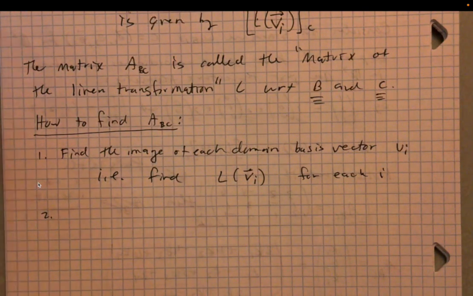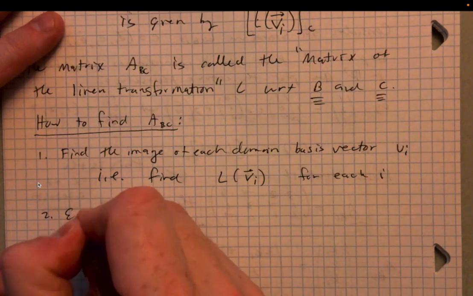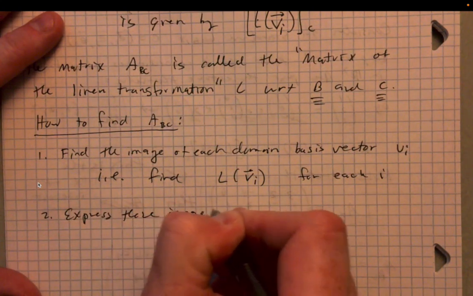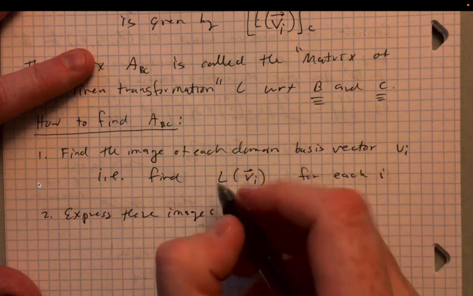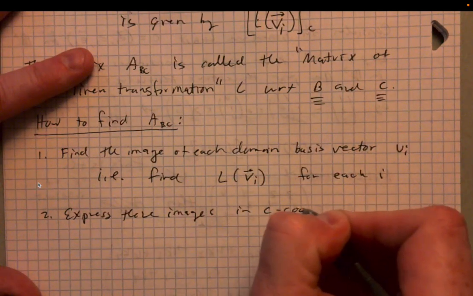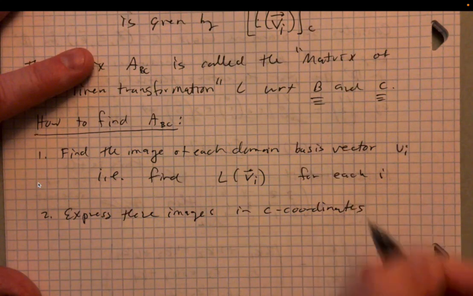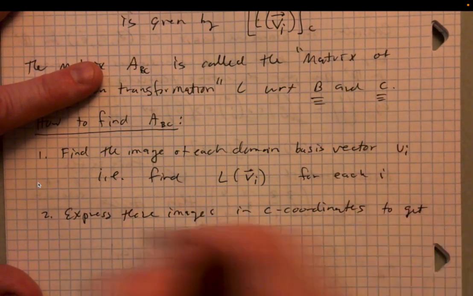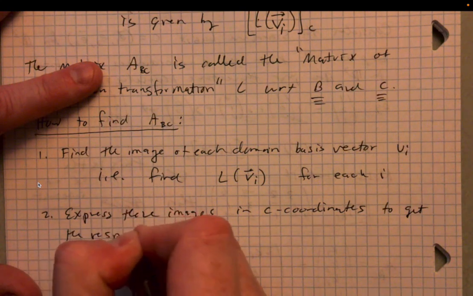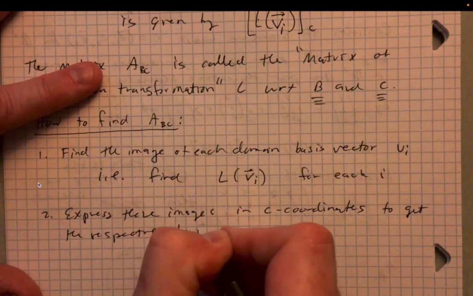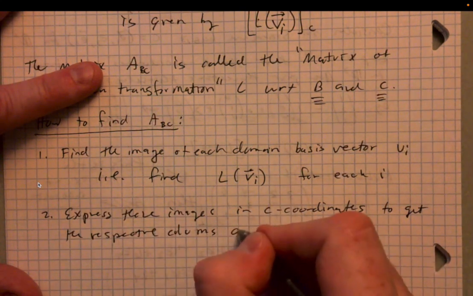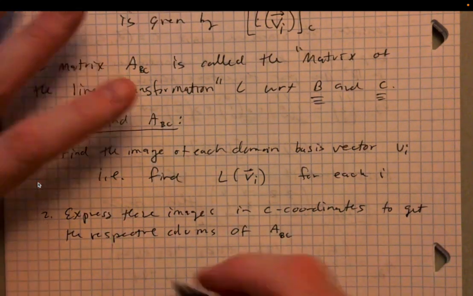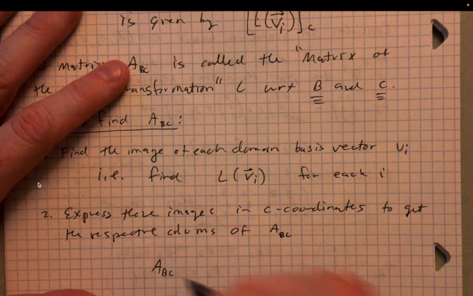And then what you want to do is express these images in C coordinates, okay, to get the respective columns of A sub BC. Okay, right, so A sub BC